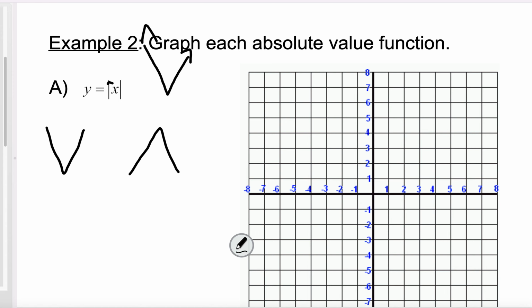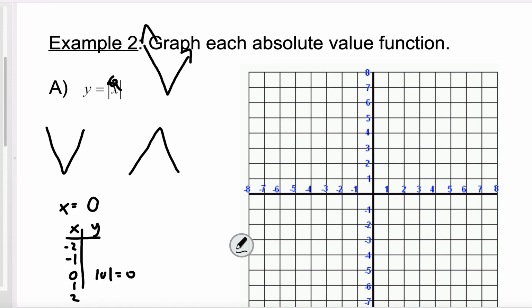So what you want to do here is think about how you get 0 inside there. You get 0 inside there when x is 0. So let's plot that out. I'm going to put that point in there, and I'm going to pick 2 points smaller than 0 and 2 points larger than 0. So if I put 0 back in here, I get the absolute value of 0,